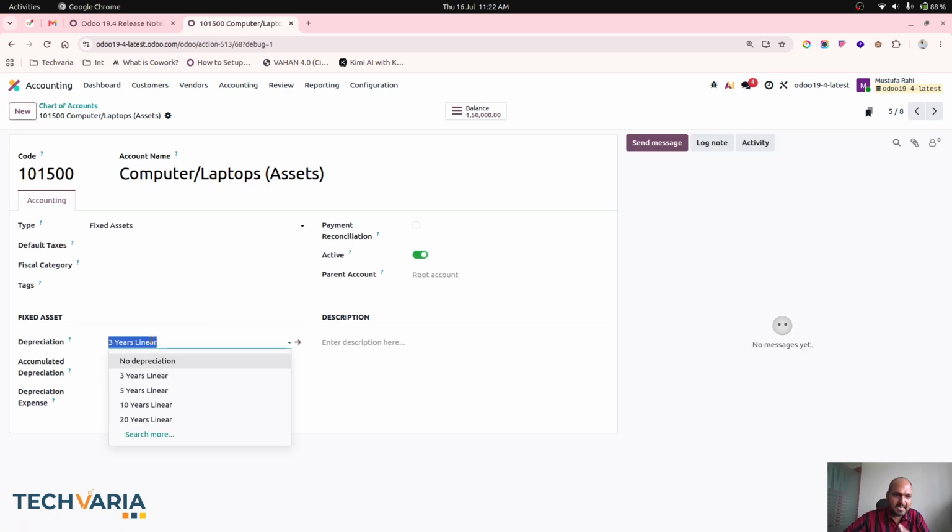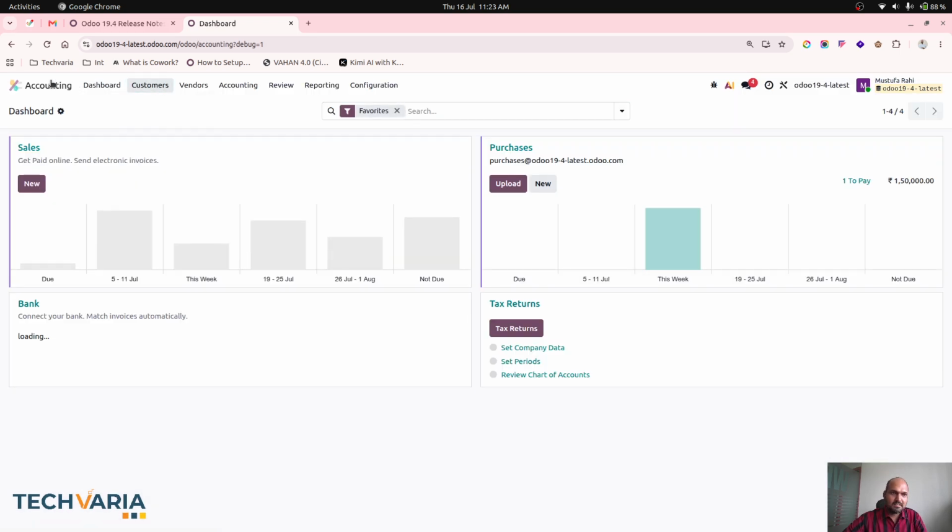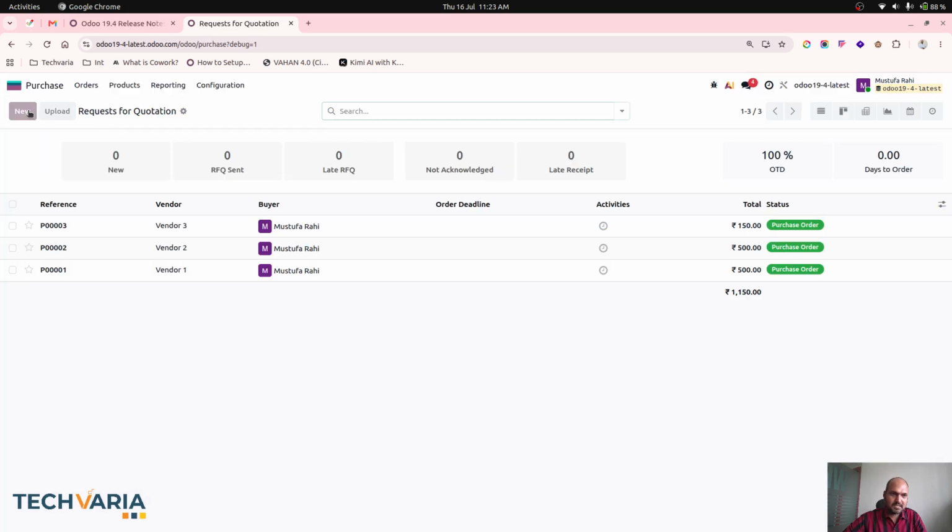I can directly choose a depreciation model according to my need, and then I can give the accumulated depreciation account and depreciation account. This can definitely be changed to other accounts. After giving that, let's see how we can handle those assets and bills in Odoo. So in accounting, I am making a purchase of